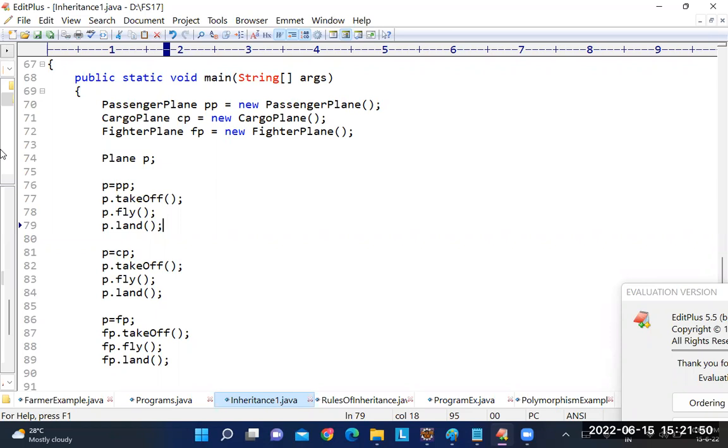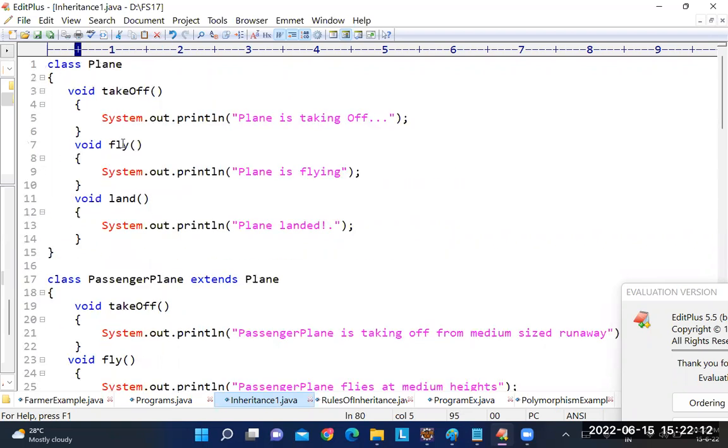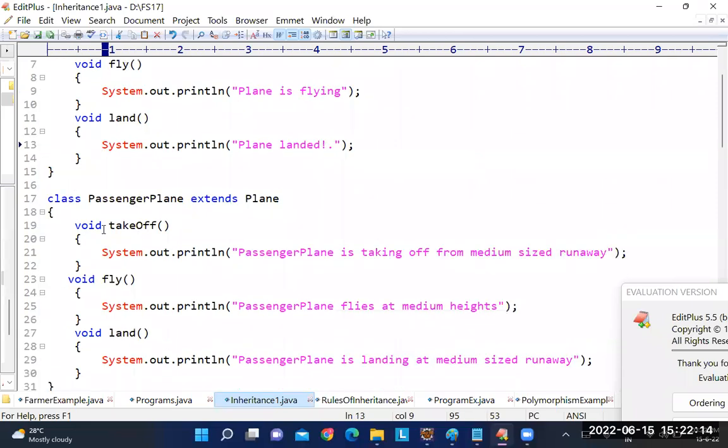Polymorphic version without code reduction and flexibility. What does that mean? I should be explaining what code reduction is. Code reduction means, now just understand, we have three methods here: takeoff, fly, land. The parent has three methods, and in the child I am overriding all three methods. What is the situation? Parent class has 3 methods, and in the child class, I am overriding all such 3